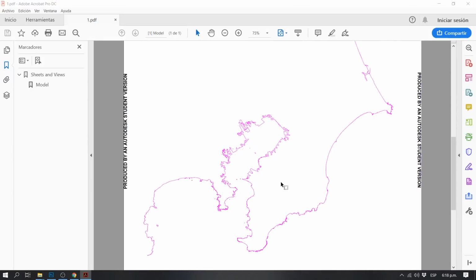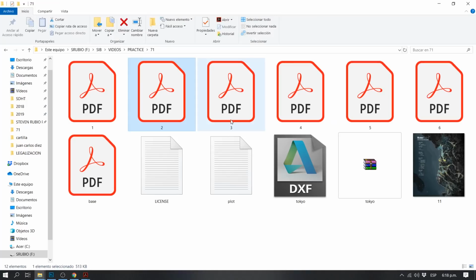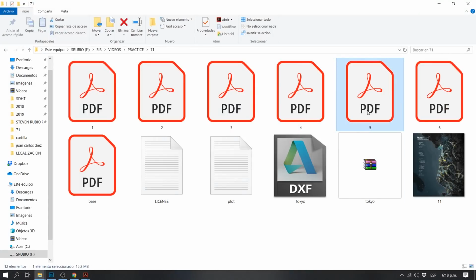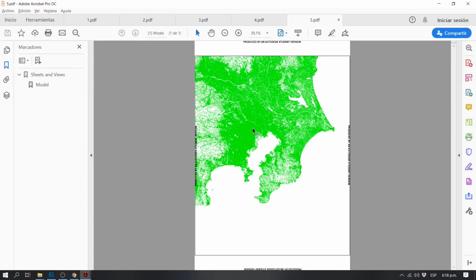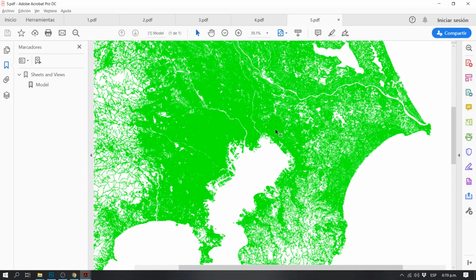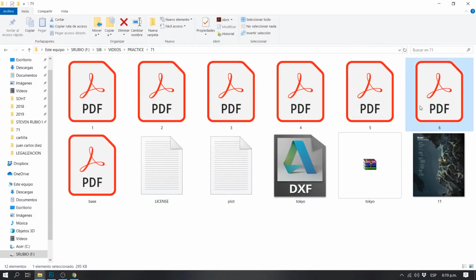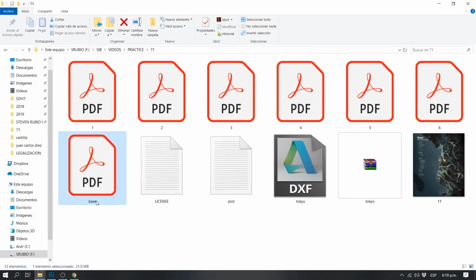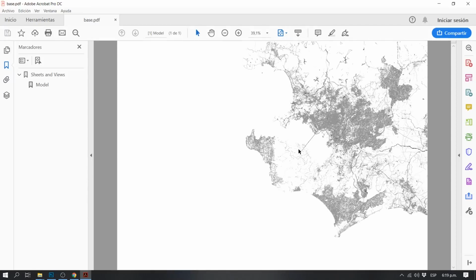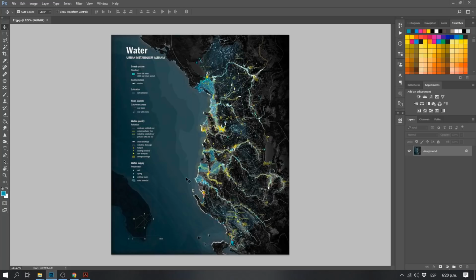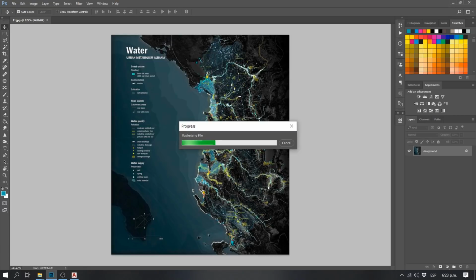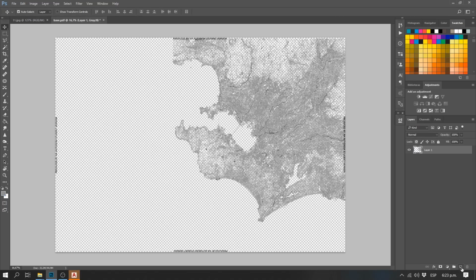So I downloaded the city of Tokyo from here, and I opened that file in AutoCAD and started exporting the different layers that file had. So as you guys can see, I had the railroads, the water structure, the coastline, the whole city, like the whole urban plan, and also the railroads. I think I already said railroads. Yes, I did. So after I did this, I imported the base plan into Photoshop, and